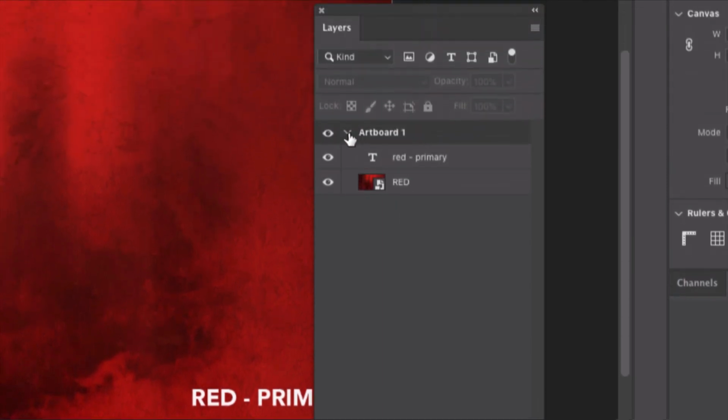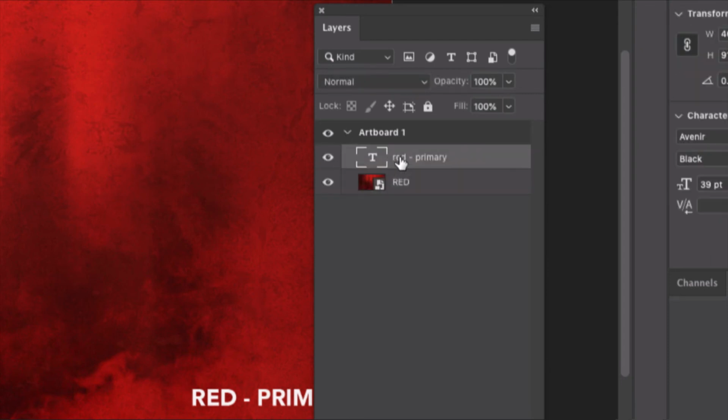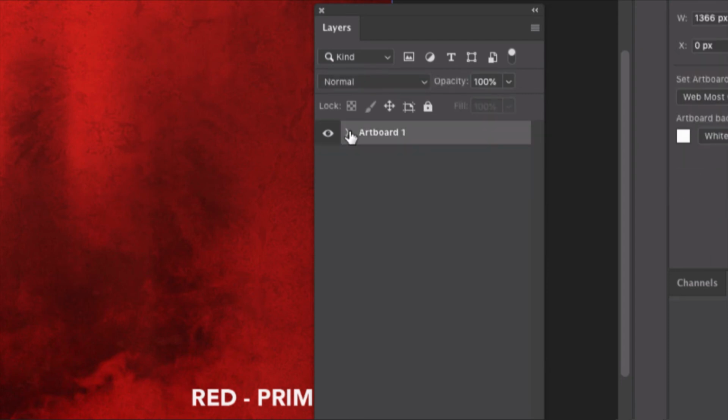So you'll notice your artboards can be collapsed to free up some space in your layers palette. It can be opened up if you want to target a specific layer within that artboard collection. So in a way, you can really think of an artboard as a folder, a layer folder. But now we can have multiple artboards in a single document. So now that I have established where my type is going to be, the typeface that I want to use, I can